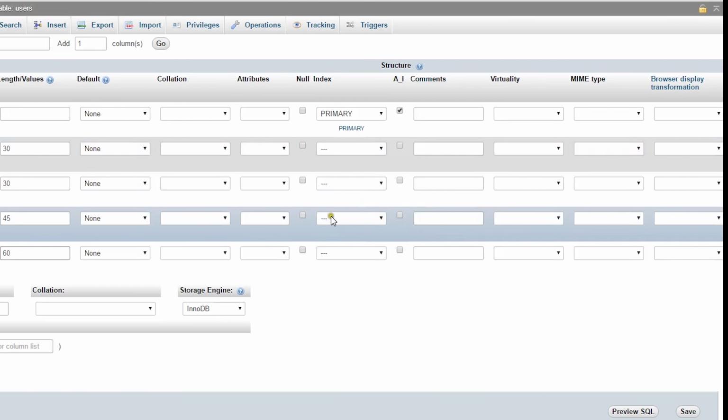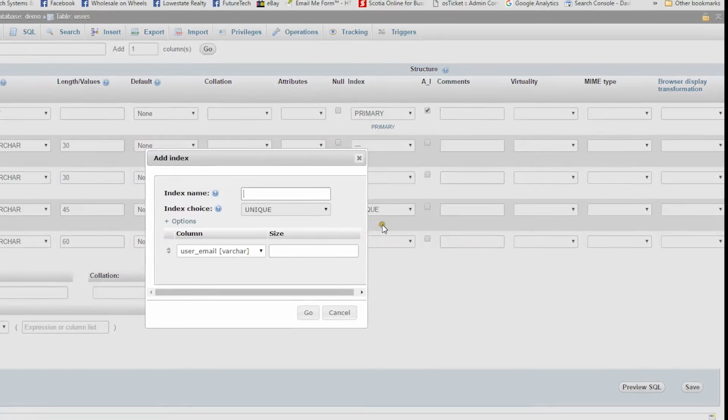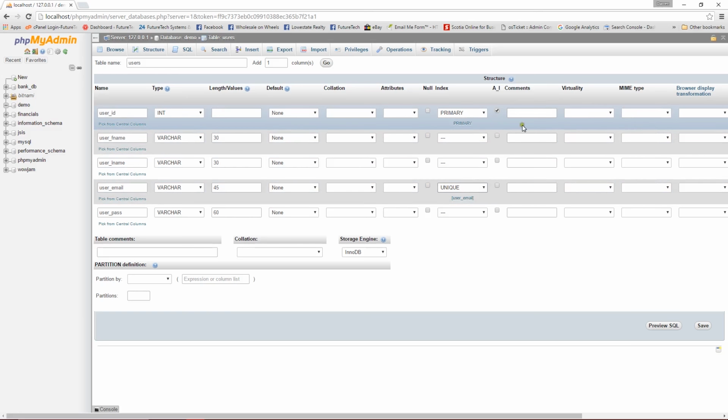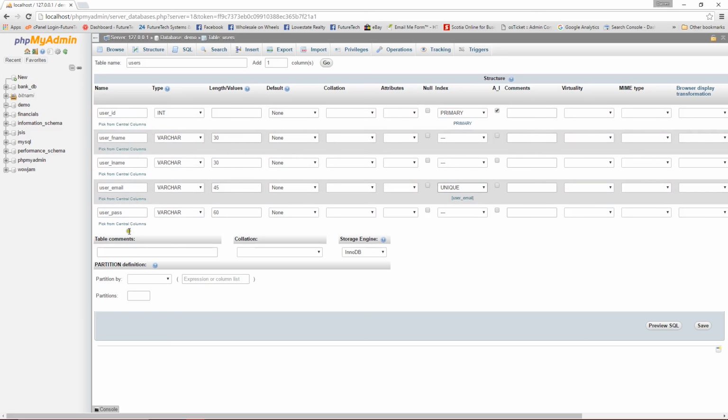Alright. So the email, we want that to be unique because we don't want multiple persons registering with the same email. Alright, so again, this is just a simple table, just for demonstration purposes. So let's save it,